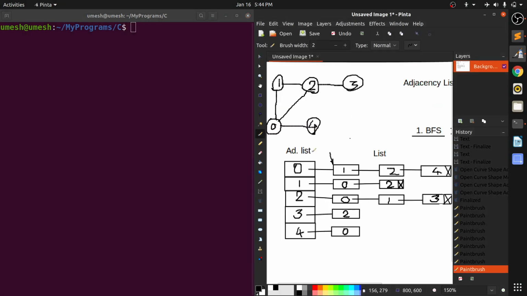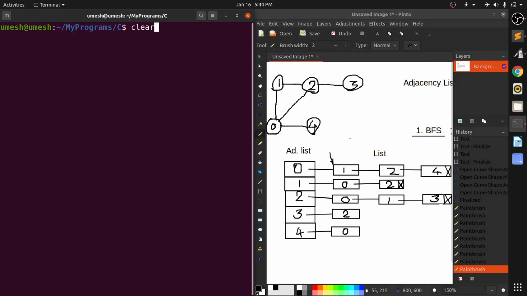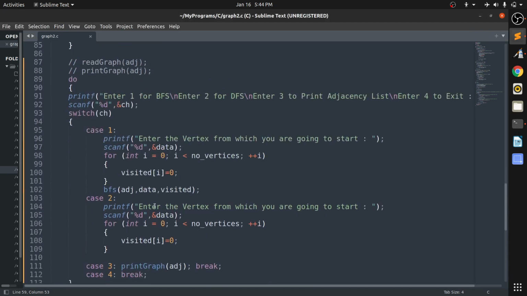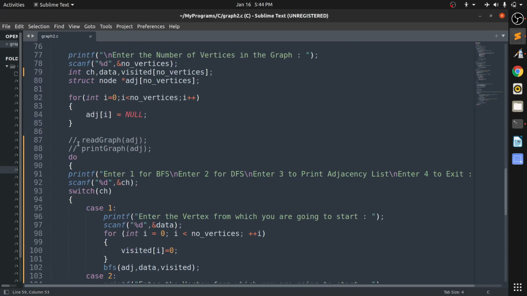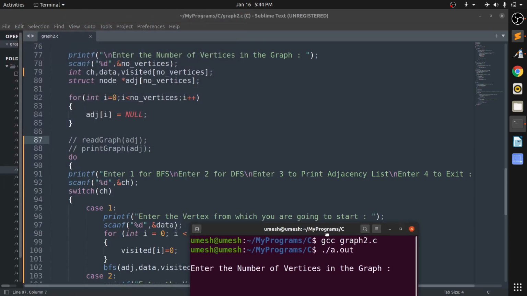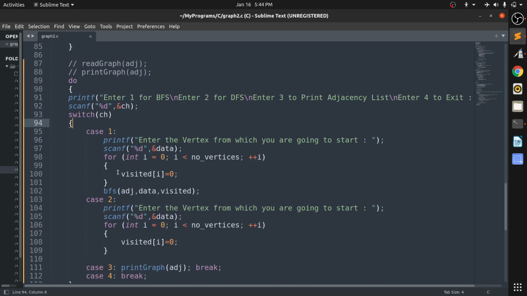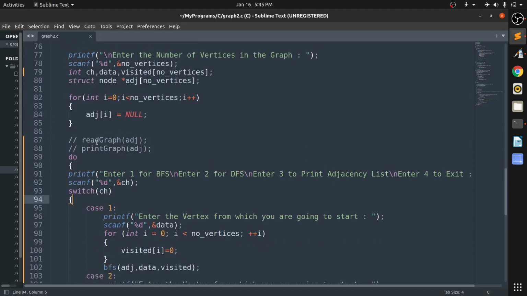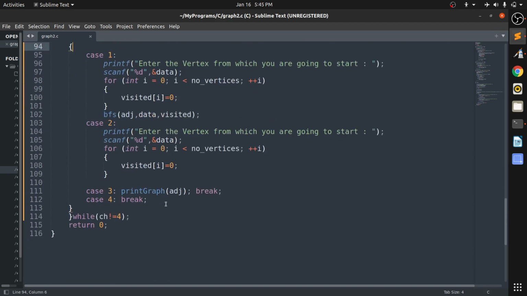So we will represent this graph. Before that, wait. Okay, here I am not reading the graph. So here it will not do anything, because I'm not entering anything here.